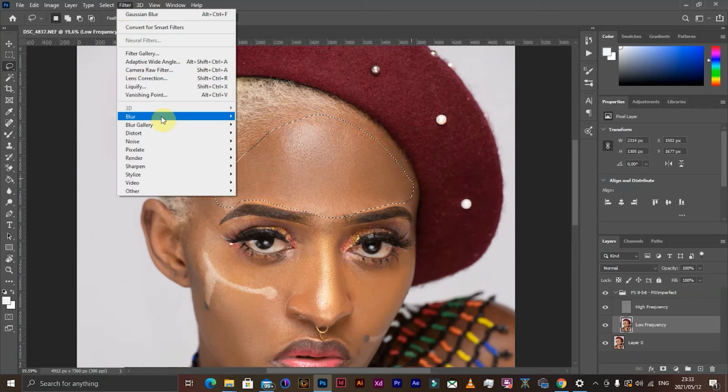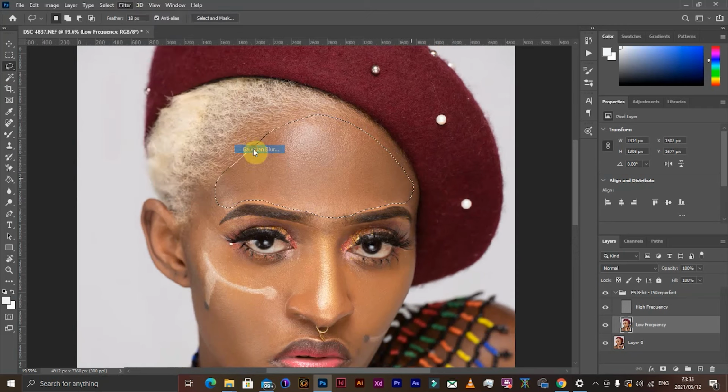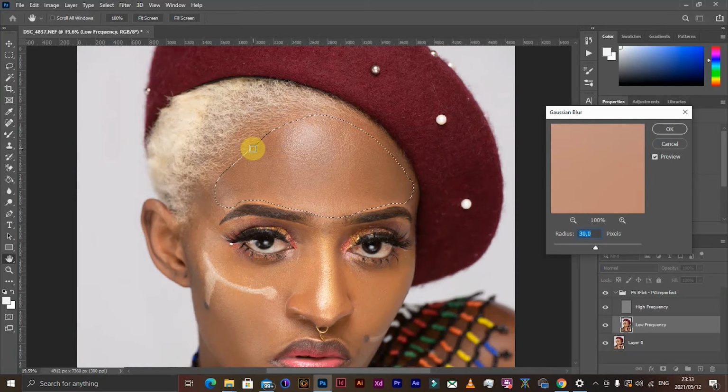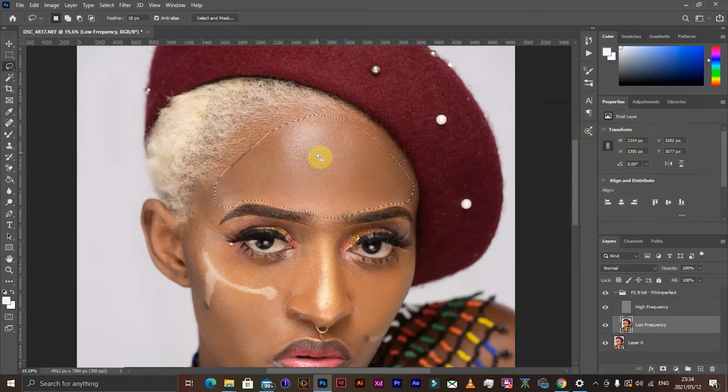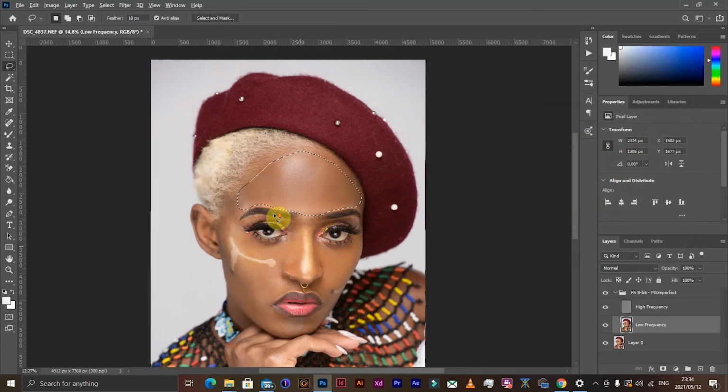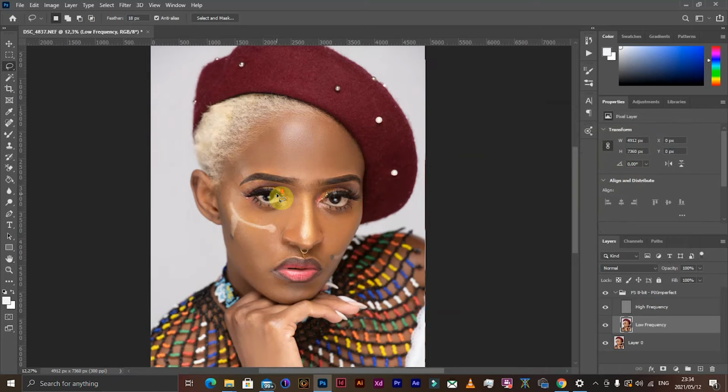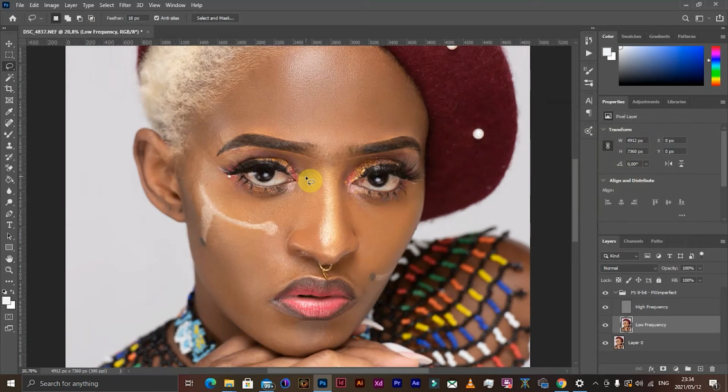I'll go to filter, Gaussian blur, and make sure you're still on the low frequency, and I'm gonna push it around 25. You can see already how the skin is taking another dimension. So go ahead and